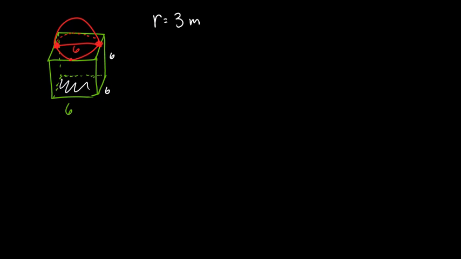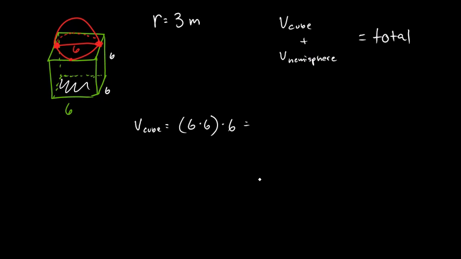Alright, so find the volume of the entire solid. So what are you going to do? You're going to be finding the volume of the cube, and then you need to find the volume of the hemisphere. And you need to add those two pieces together for your total volume. Alright, so the cube is fairly easy to deal with. The volume of the cube is the area of the base, which is 6 times 6, times the height. We know that with cubes, what you can do is take the side length and raise it to the 3rd power, and that's going to give you 216 meters cubed. Alright, so that's going to fill in 216 plus